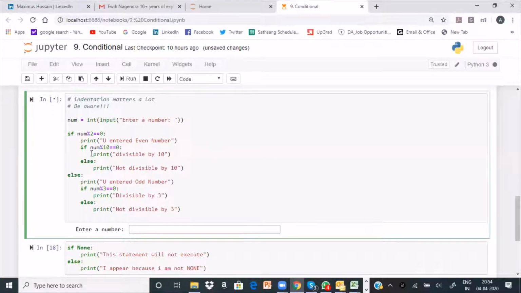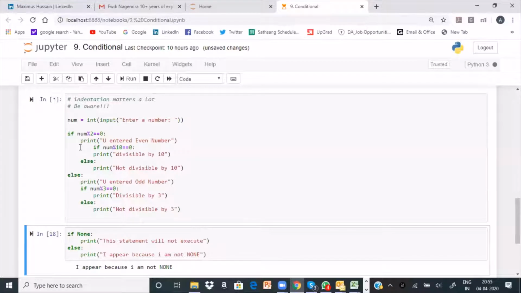Instead, let's say I run this. The system executed it without telling you anything about it. Because I have not entered anything, it did not go through this part. Let me run this once again.